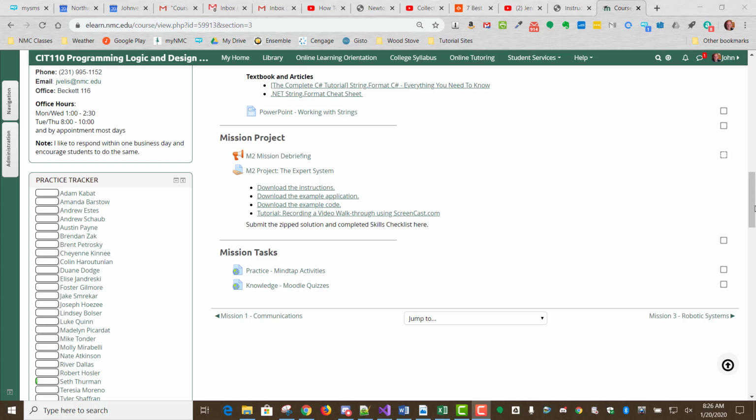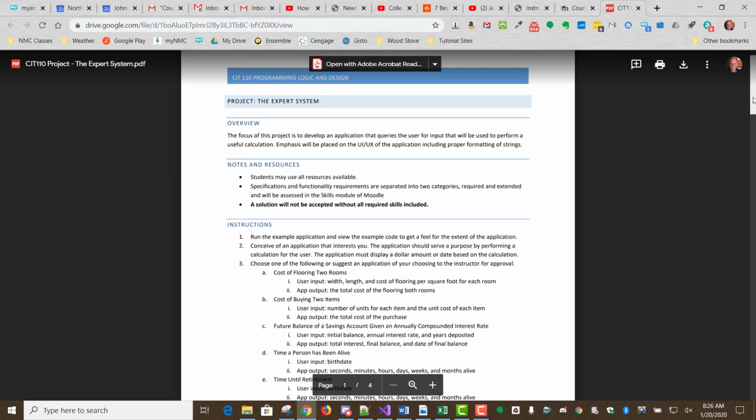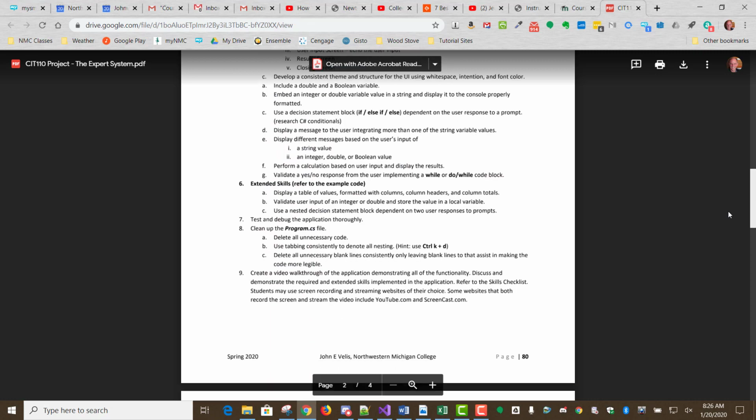Okay, so this is the Mission 2 project overview. So let's take a look at this project. We'll start with downloading the instructions right here. If I download the instructions, you'll see there's an overview and some notes and then some instructions, and they're